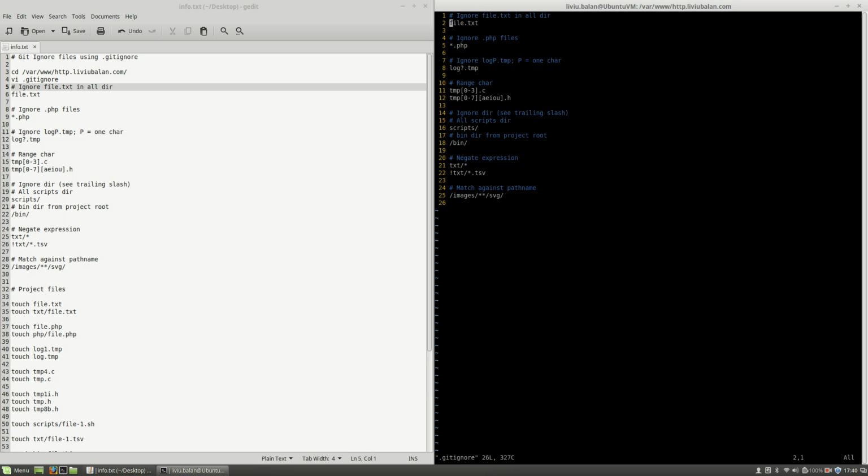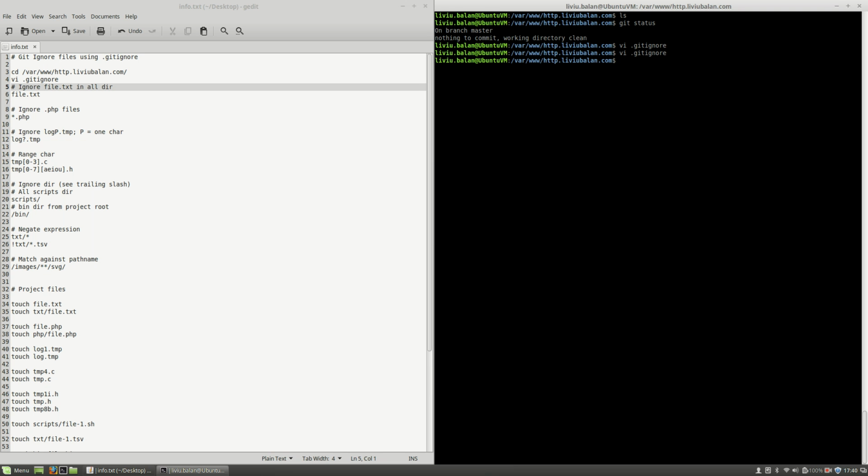After I copy and paste this file, I will comment each of the lines which aren't comments, because I will uncomment them step by step, and I will show you how the .gitignore works. So save the file, and then the first thing that I will do